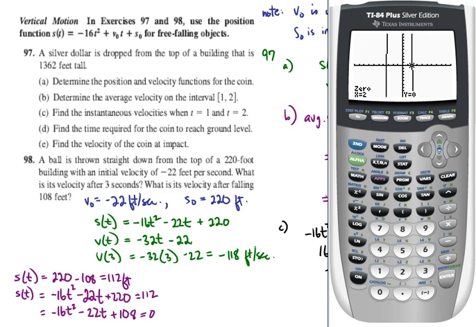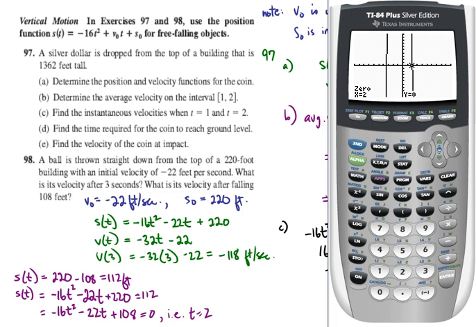So we probably could have factored this expression here, but this is good enough. Obviously we don't need to worry about the negative value in there because the time is always going to be positive. So at the point when the object, a ball, has been thrown down and it has reached